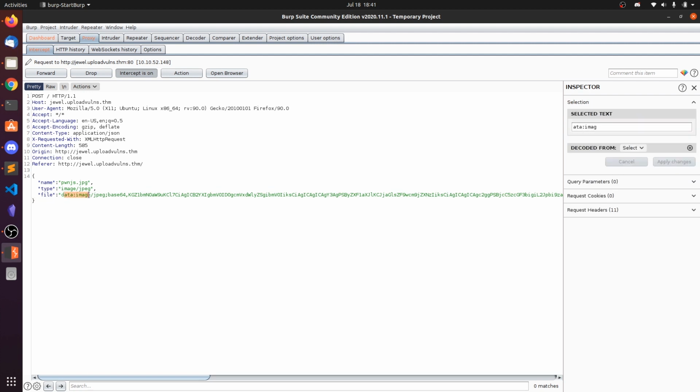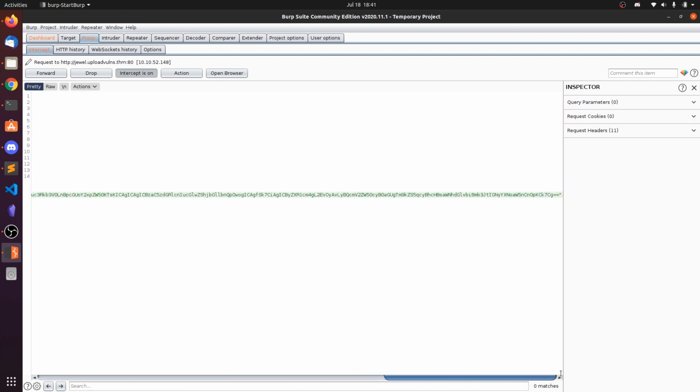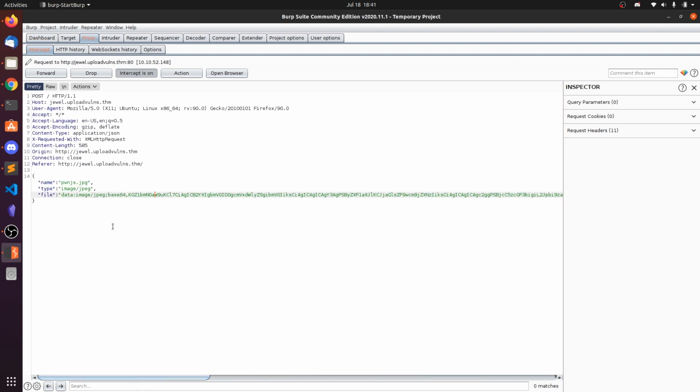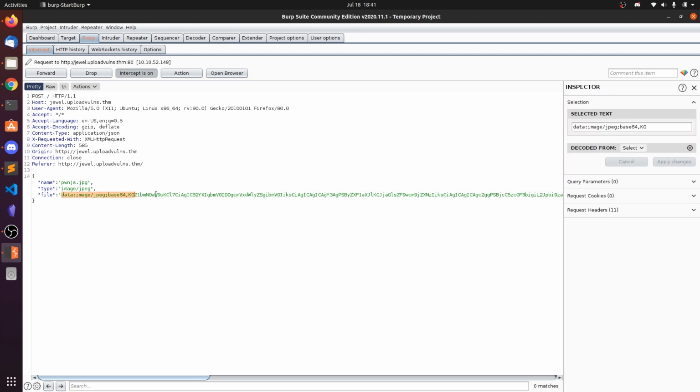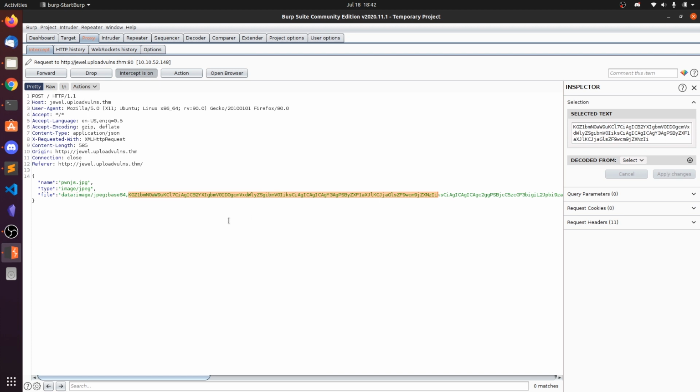Like it's using the data image JPEG, and it's encrypting the content in base64. So it did not work out for me. I think you give it a try, guys. Put this as a string and then encode the contents of the Node.js reverse shell and put the basic schema and try to upload.